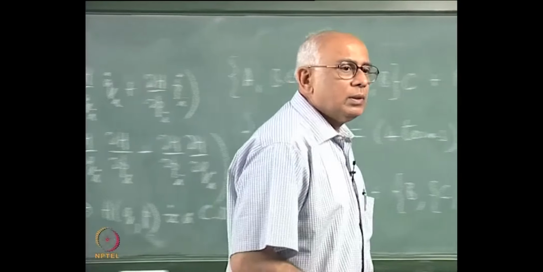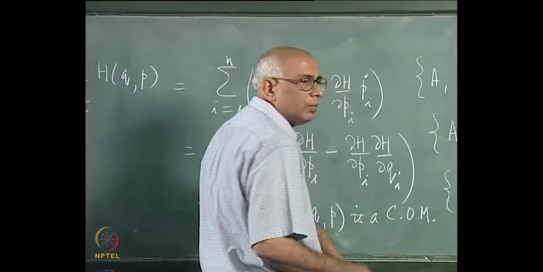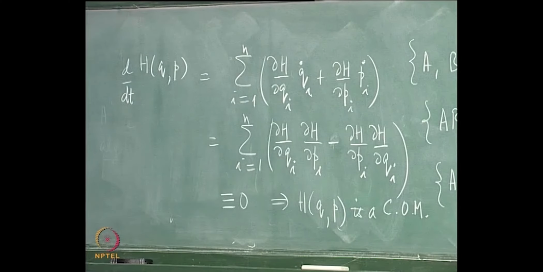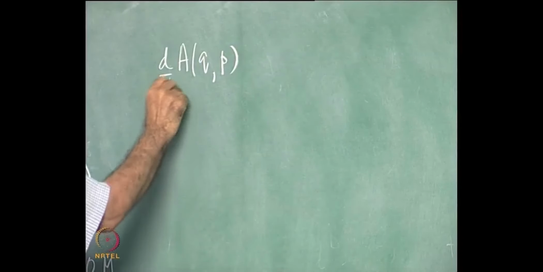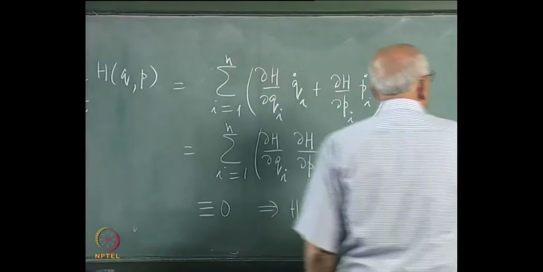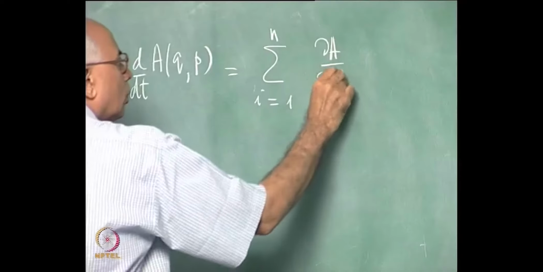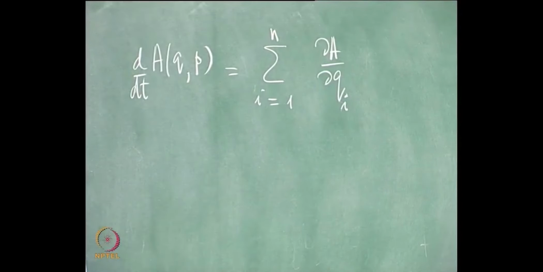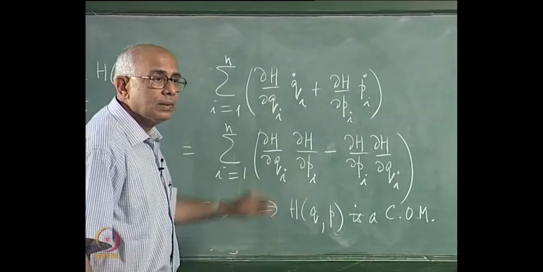What is the equation of motion of any function of the dynamical variables? That too can be written in a very simple way, and that will bring out the use of the Poisson bracket. So let us suppose A is a function of the q's and p's, and I ask what is the rate of change of this function of the q's and p's, and I use exactly the same technique as I used earlier, and what would this become? This would become a summation from i equal to 1 to n delta A over delta qi times qi dot, but qi dot is delta h over delta pi. I put that in,